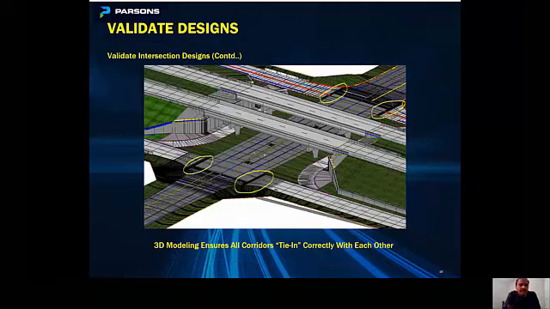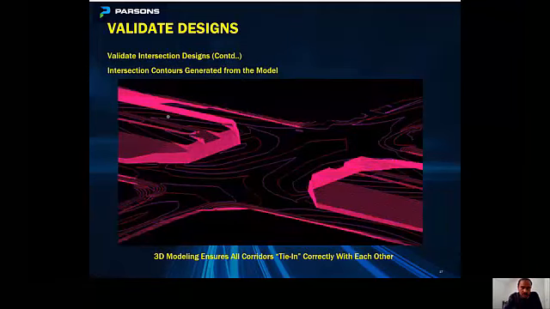Based on previous project experience, we've been developing very detailed intersection models, and we are accurately incorporating the curb return profiles and cross slope transitions in the model. This is how we were able to ensure that all these corridors tie in correctly. In this picture, in these 4 yellow circles, there were different corridors tying to the cross street, and they all tie correctly. Then when we produce the contours, this is how the contours turned out.